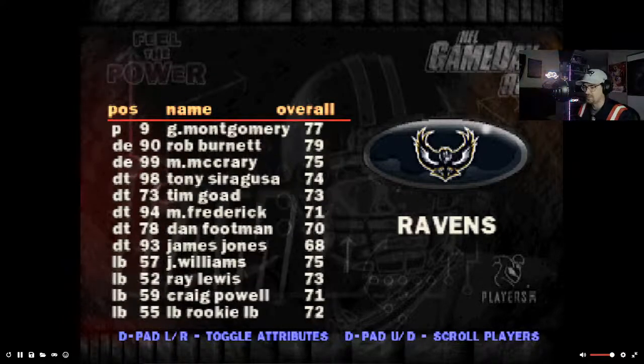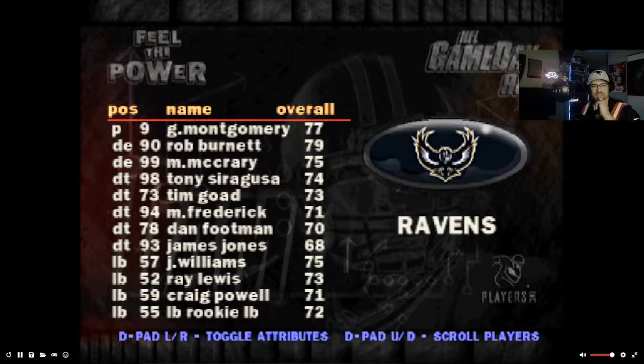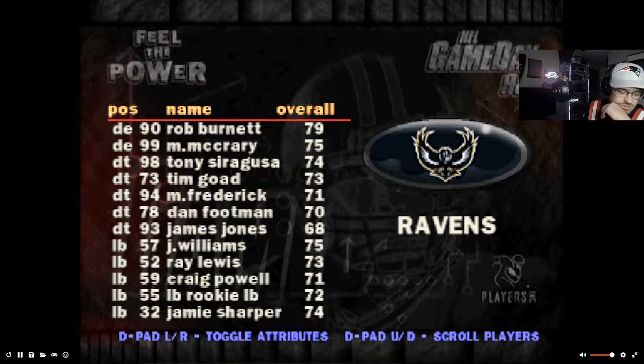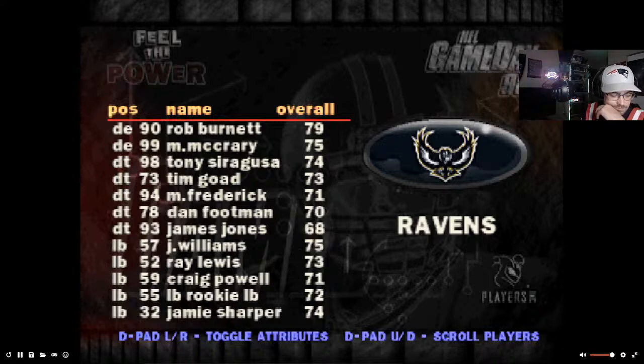Let's see here. Ray Lewis is on this team, but I think this is only his second season. So there you go. They have a rookie linebacker. If I'm right, that is... Gosh, who is that? I'm going to have to look that up. Give me a second. This Ravens team was 6-9, by the way, and with one tie. Can you believe that? They actually tied somebody. That's crazy. Let's see here.